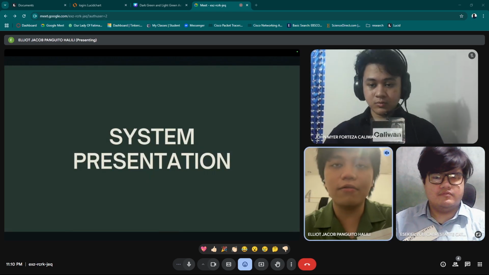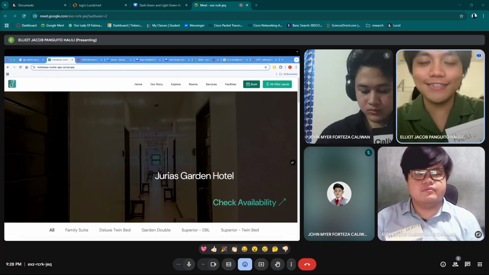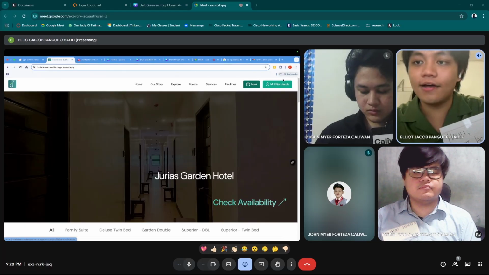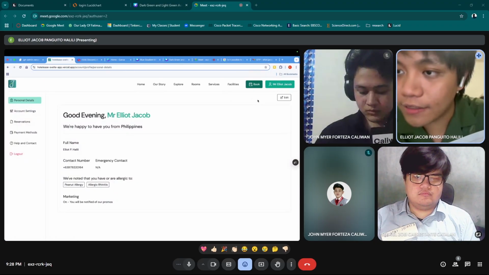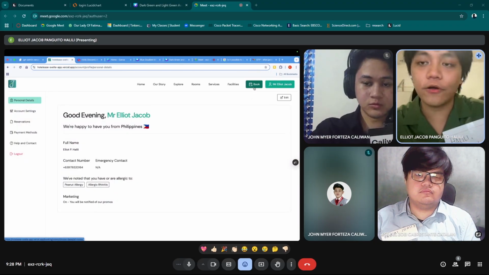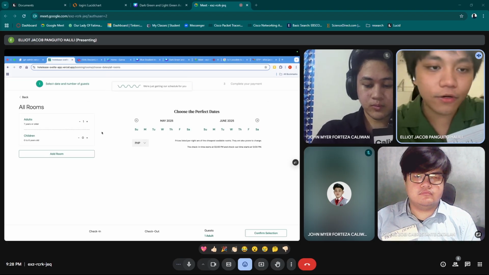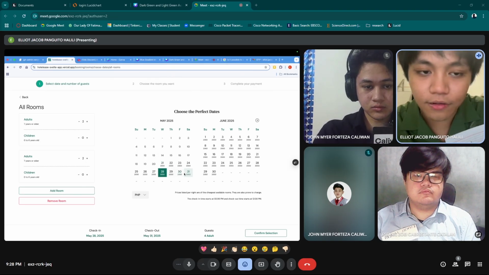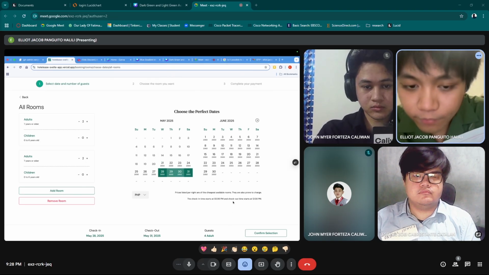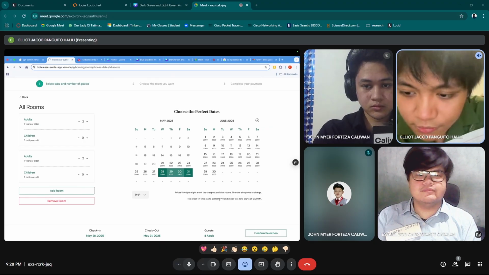For this part, we are now about to present our system. So to start off with our system presentation, we have the user side client. As you can see, you first need an account to sign in to create your booking or reservation. Right now, I already have my account here, so I'll start my booking process now. Let's say that I want to have two rooms and I am joined by three other people, two people for each room. We can then confirm our selection